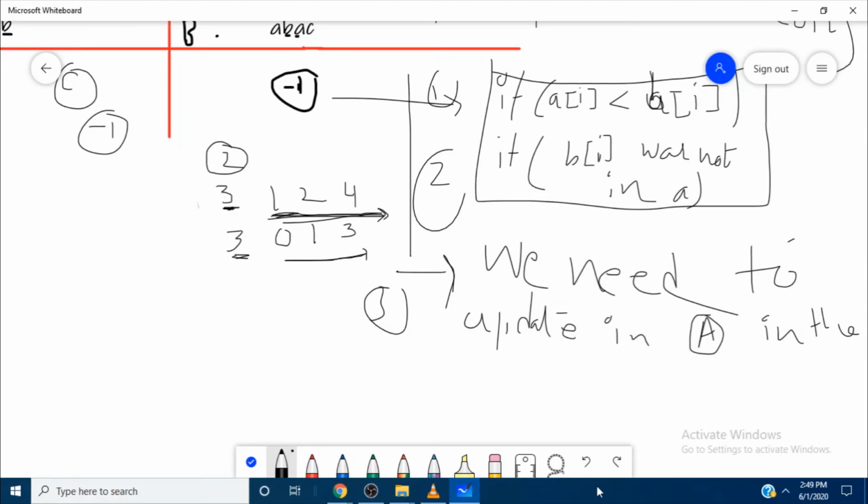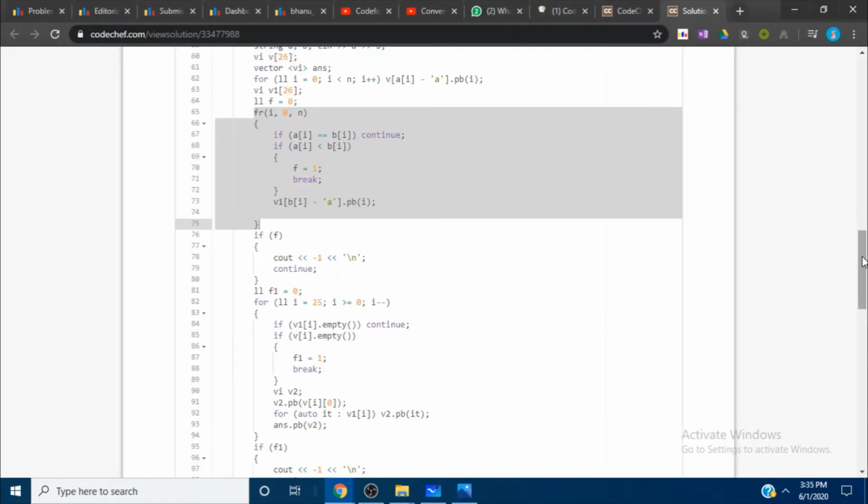So let's jump into the implementation of this problem. This is my submission to that problem.